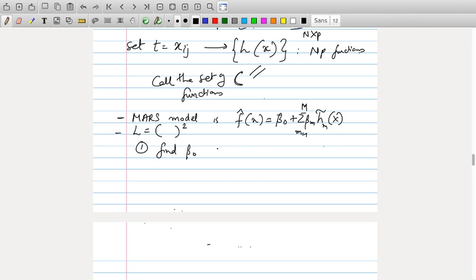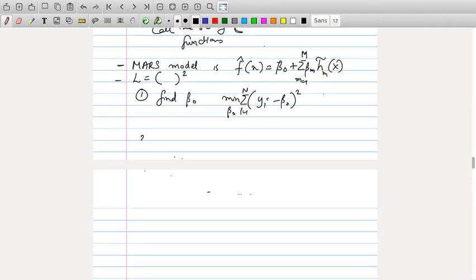Squared loss. Find beta naught by saying I want to minimize over beta naught the sum over i equal to 1 to n of (yi minus beta naught) squared. This is very simple, right? I'm just asking for a constant such that the sum of the squared values here is the lowest. In fact you know the closed form expression for this, but let's not worry about that. You found beta naught. Next is the interesting step, which is